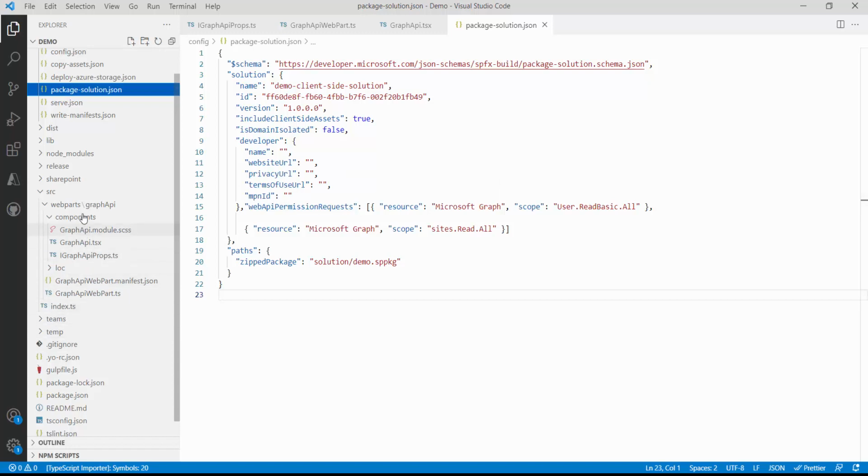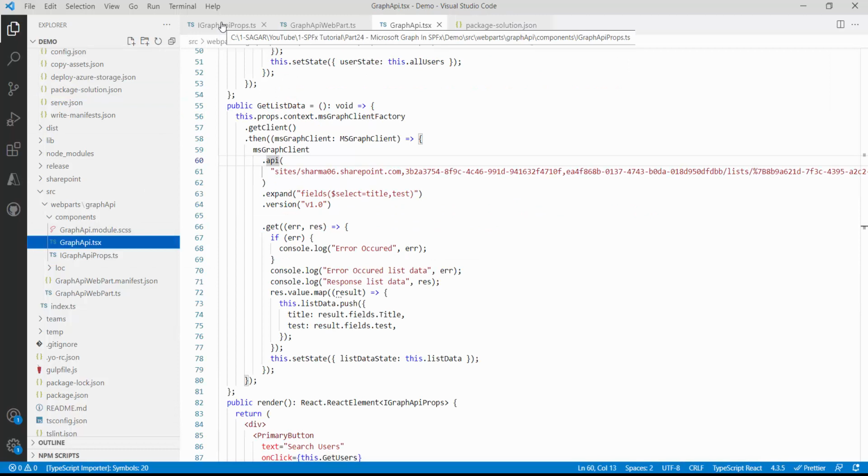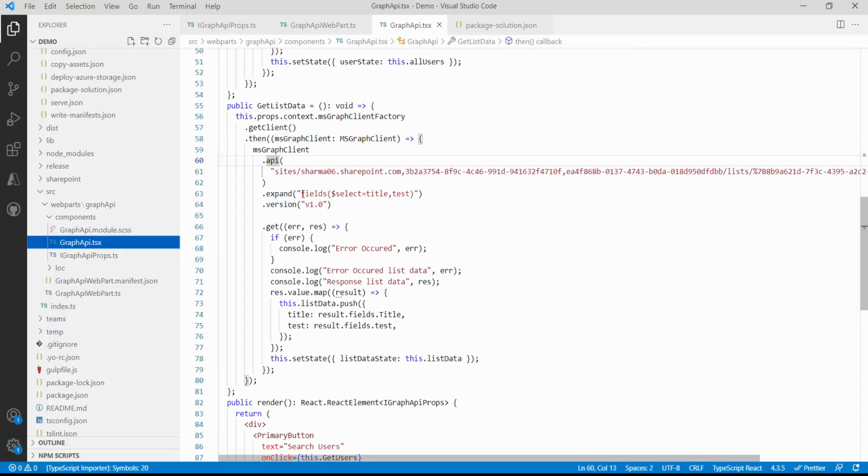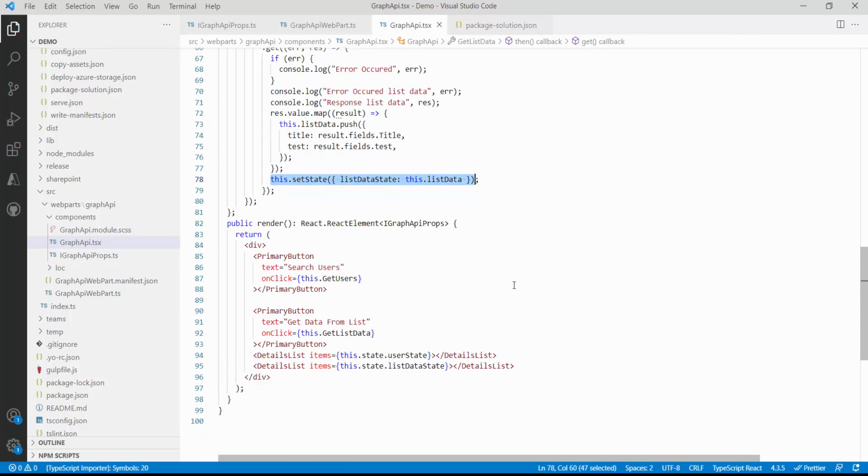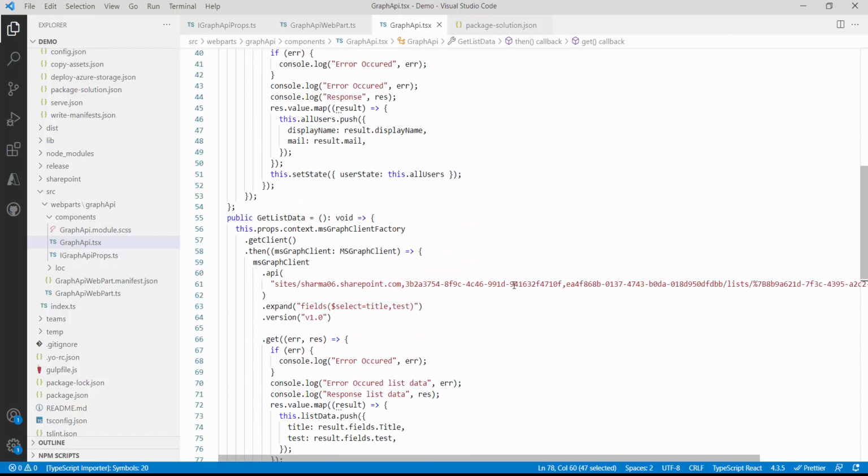For the SharePoint API, there was just one thing. For that particular reason, I decided to make it part of this demo. That is that you have to use the expand function in Graph Explorer. It will work as a query string, and you have to use the dollar sign also over here, because you saw we were getting this OData error. After that, we got two errors. One was because I didn't fetch the data properly from the response, and there was another error where I did not set the correct state variable. Apart from that, we did not face any major error in this demo.